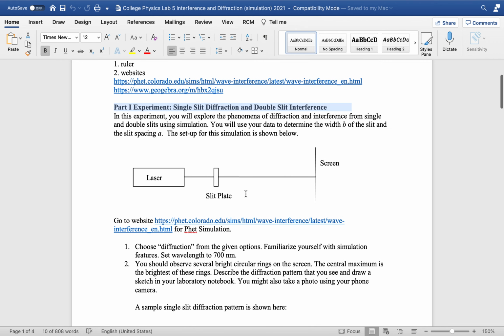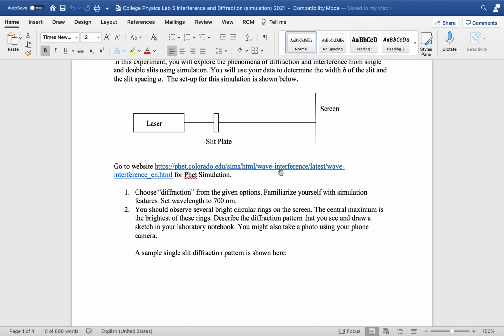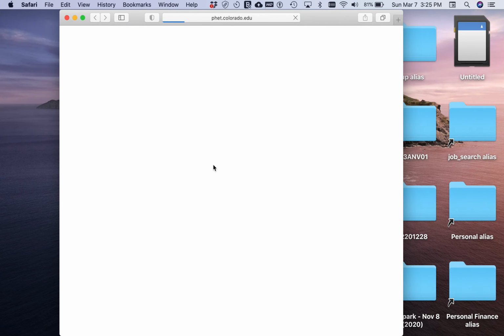This is just to show students where the laser would be, where the slit plate is, and where the screen is. If students go to this website, they will see, before I click on that, let me tell you a little bit. From this website, students are supposed to choose diffraction from the given options. There are several other options, and once they are there, they should set the wavelength to 700 nanometers. And then they are going to observe the diffraction simulation. So if I go here,